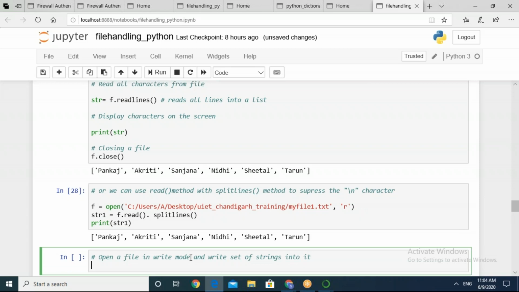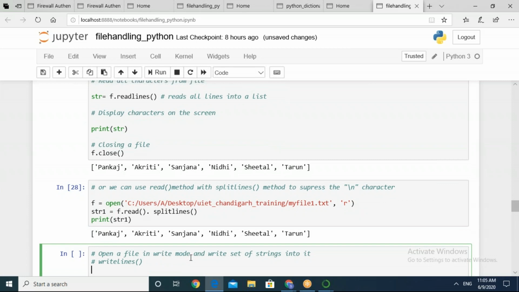The one who has done it can update in the chat window if you are able to do it. The method to be used is the writelines method.